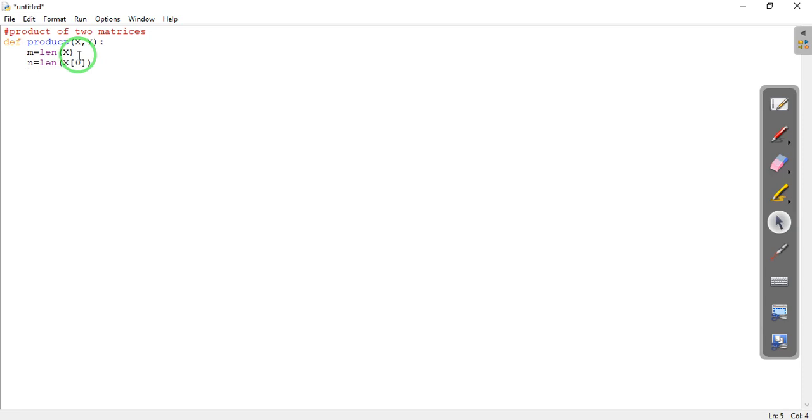Since we have two matrices here, let us take P to be the length of... we don't need the number of rows in Y, but the number of columns in Y, because we already know that the number of rows in Y equals the number of columns in X, which is n.